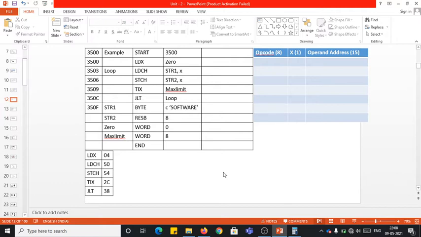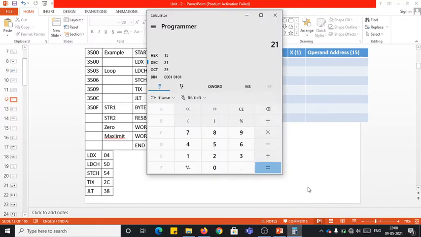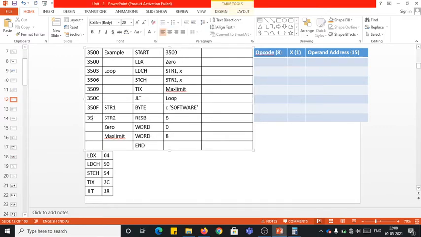So for every character you need 1 byte, and for 8 characters it requires 8 bytes. So allocate 8 bytes to this instruction. The current address is 350F, and in hexadecimal 350F plus 8 gives 3517. So the next address would be 3517.